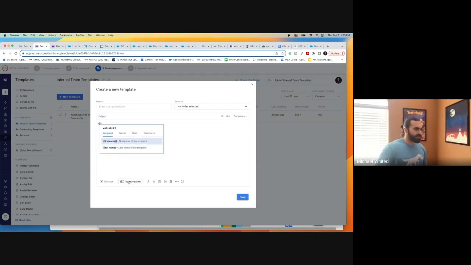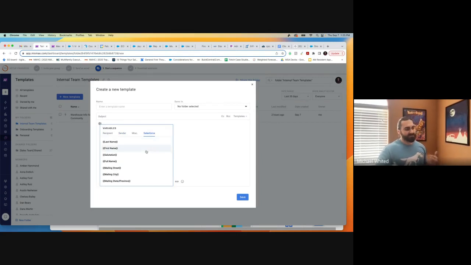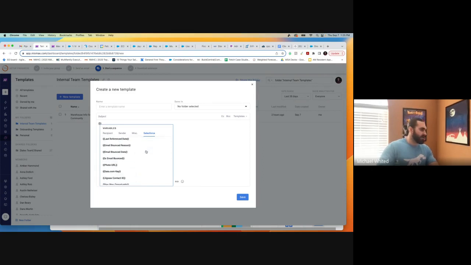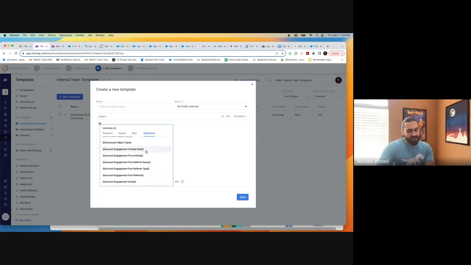Also, you can insert variables as well, such as the first name of the recipient, your name, and then we also have Salesforce fields in here as well, which is why it was important for us to make those fields that I mentioned on the call yesterday. And so all of these are available in here,